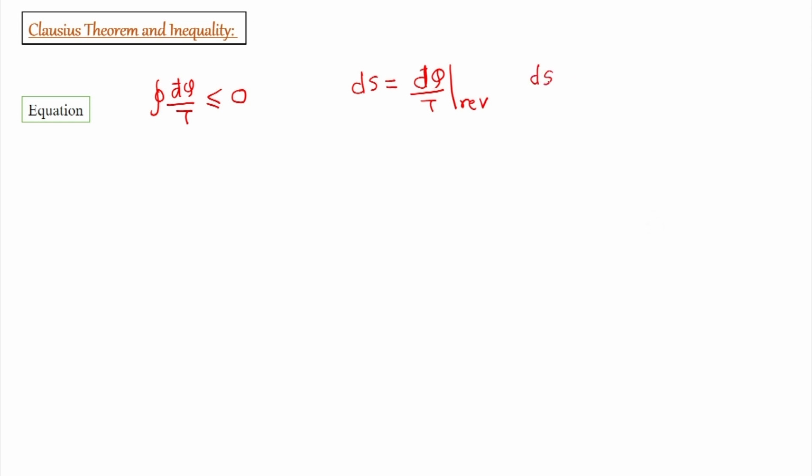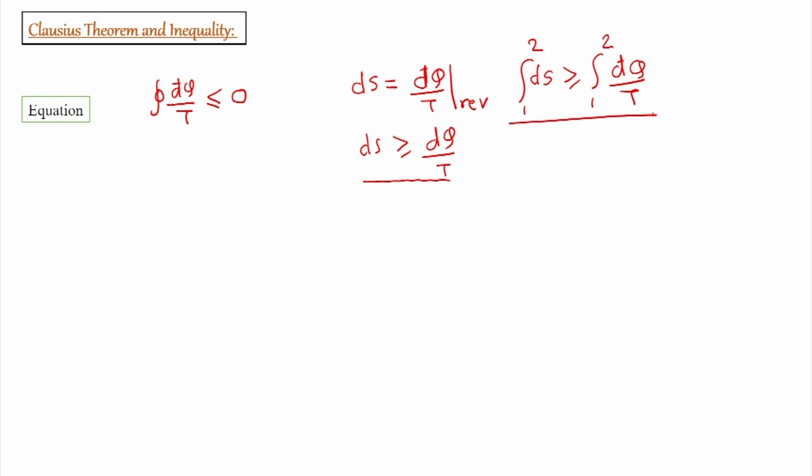But if it is an irreversible process, then dS is not equal to dq by T, but dS is greater than dq by T. But then we have to integrate it from state 1 to state 2 for the system, and otherwise dS is greater than or equal to dq by T. And if we are interested in finding the total change in entropy of the system, then we have to integrate and find out what dS is. For an irreversible process in a system, we have dS greater than or equal to dq by T. So, the integral from 1 to 2 of dS is greater than or equal to the integral of dq by T.